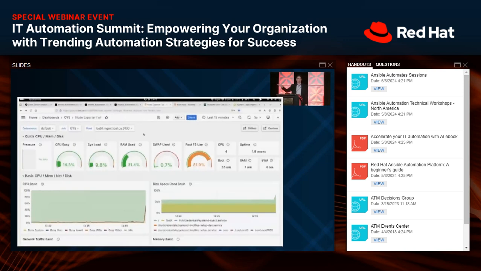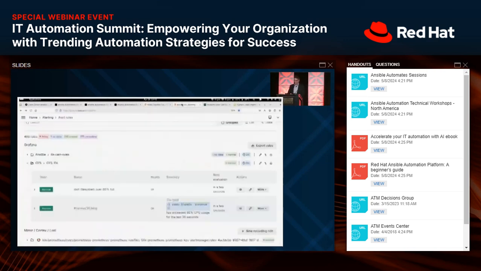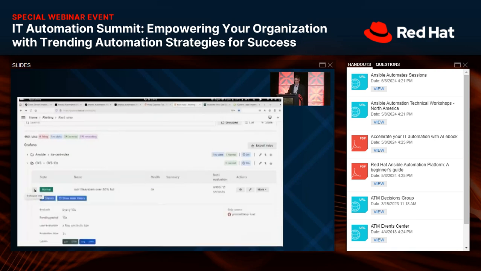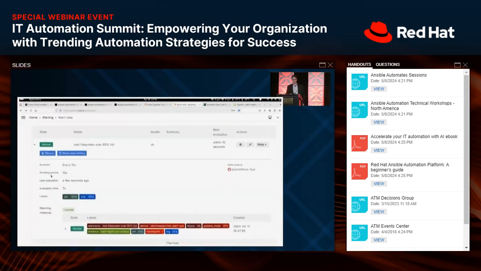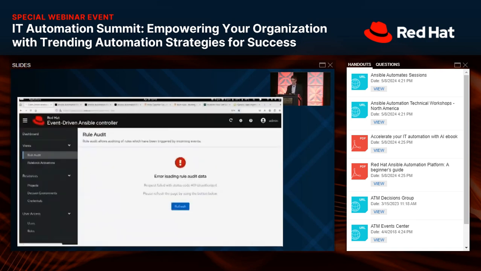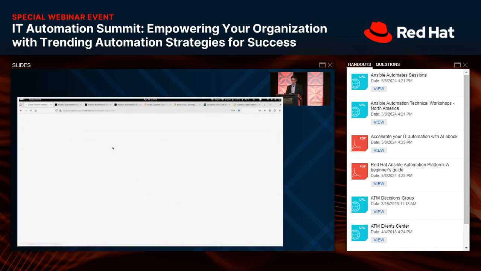What you're going to see over here on my observability with Grafana is my root file system use is going up. Now, when my alert is triggered, and I have an alert here which says root file system is over 80% full, it's currently in the status of normal, but very shortly it's turning to pending. Okay, my disk is full, I've detected that, my rule has matched, I haven't fired the alert yet. But in a couple of seconds, my alert is going to switch from pending to firing, and what will happen is I will trigger my EDA rulebook as soon as my page reloads.